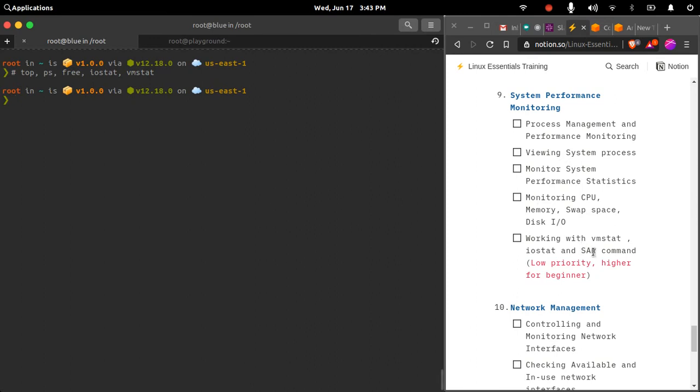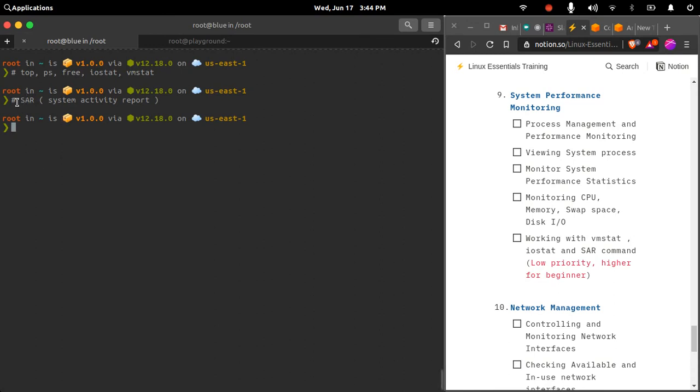Another command is the SAR command, which stands for system activity report. The SAR command is also used for monitoring your system performance. By default this command will run and log the system performance on your file system in the /var/log directory.